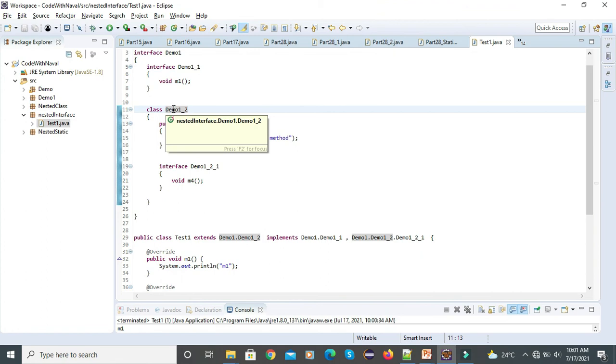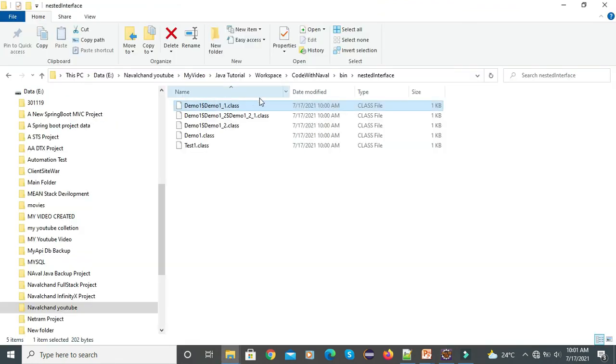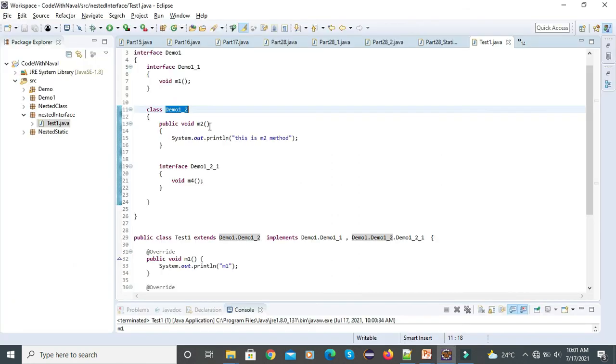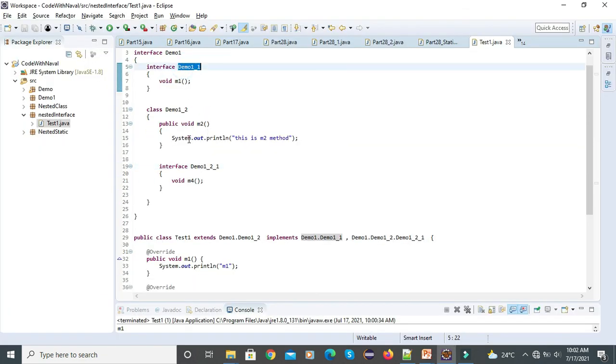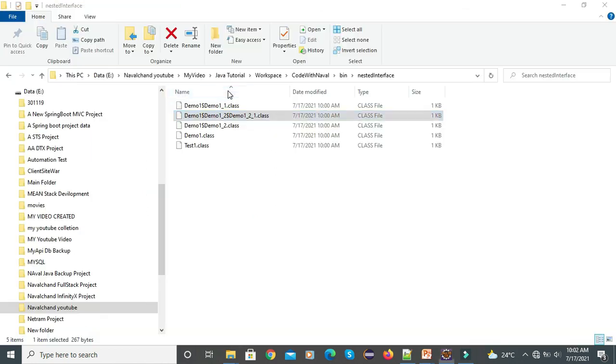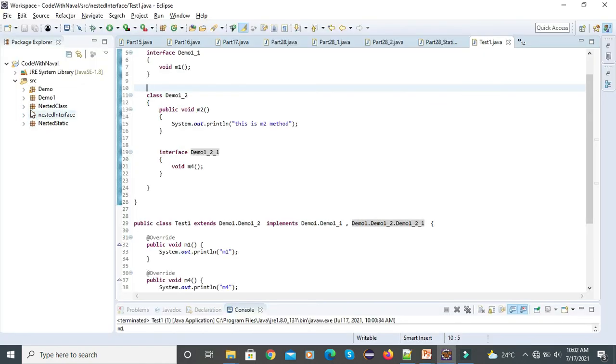Then we declared one demo1-2 class, demo1$demo1-2, and inside this demo1-2 class again we declared one inner interface. You can see this class file was created for that, demo1-2$demo1-2-1.